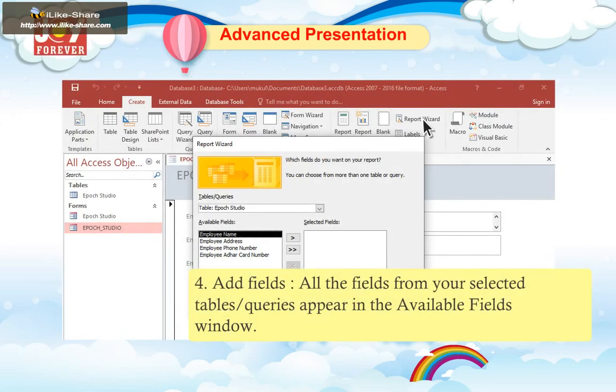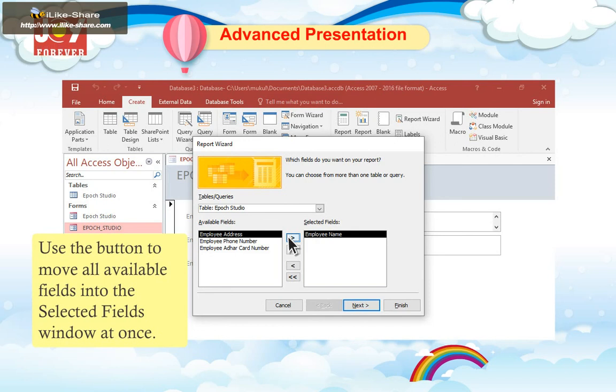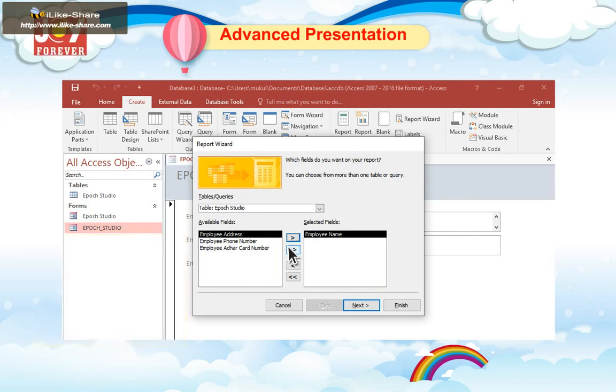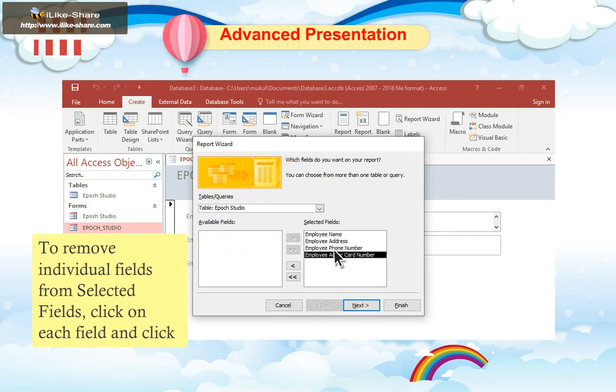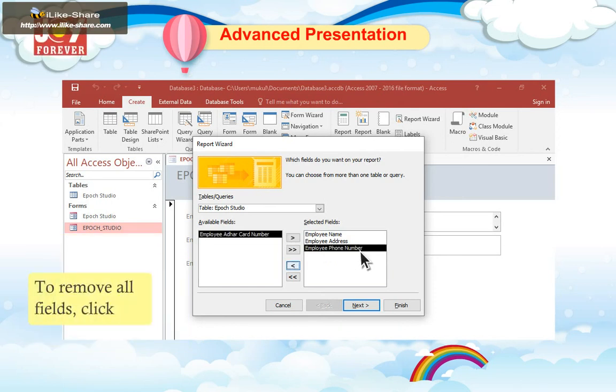4. Add fields. All the fields from your selected tables or queries appear in the Available Fields window. Use the less than button to add fields to the Selected Fields window one at a time. Use the double less than button to move all fields into the Selected Fields window at once. To remove individual fields from the selected fields, click on each field and click greater than. To remove all fields, click double greater than. When done,